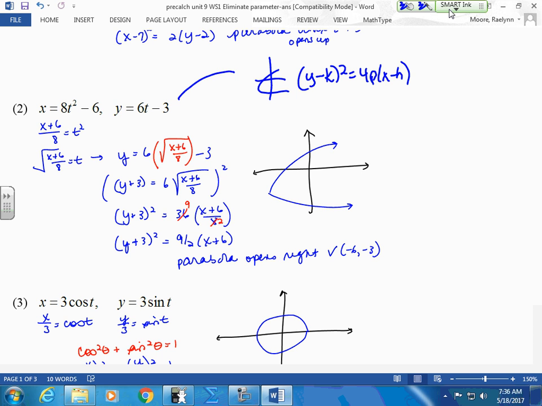Here's what I want it to be. So when I get here, I solve this guy for t. Remember, it's a positive or negative, but we're just dealing with the positive. So we'll take the square root, and we'll substitute this into here. Now, here's the thing. If you square both sides,